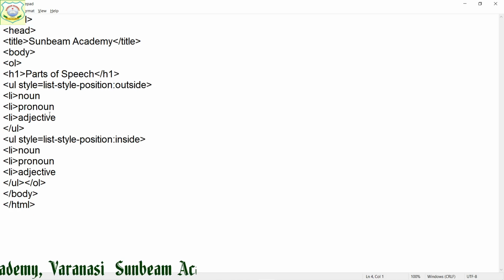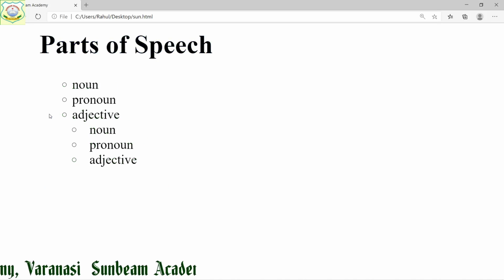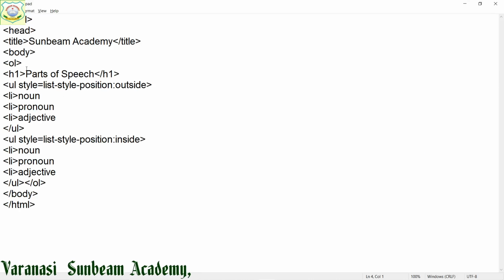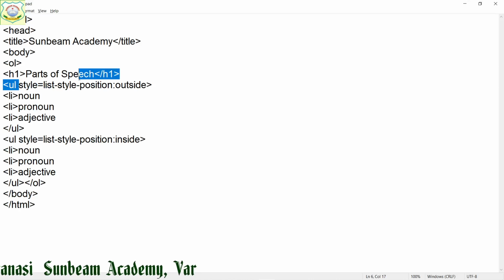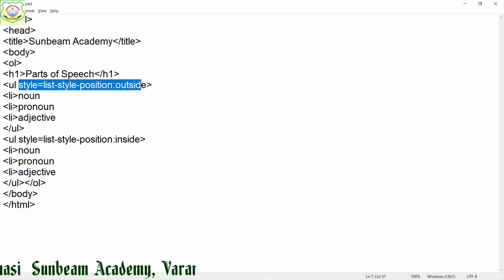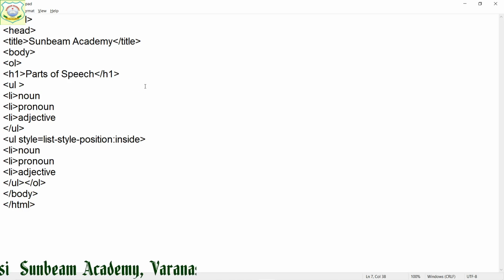Now you can see this is OL. This also has been given as a style sheet. So removing the style sheet,